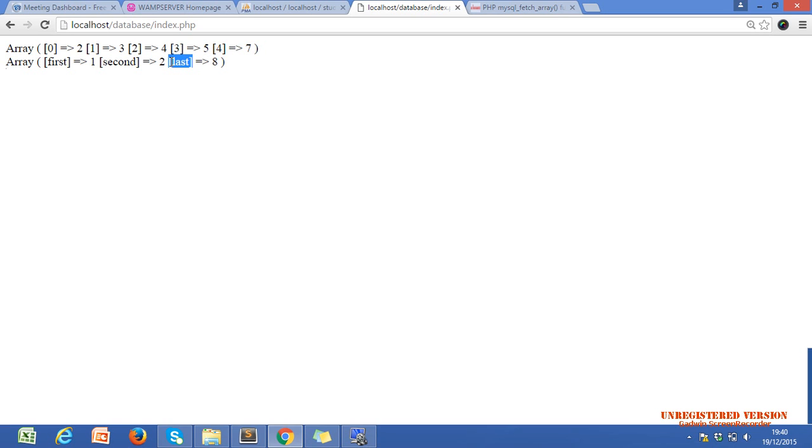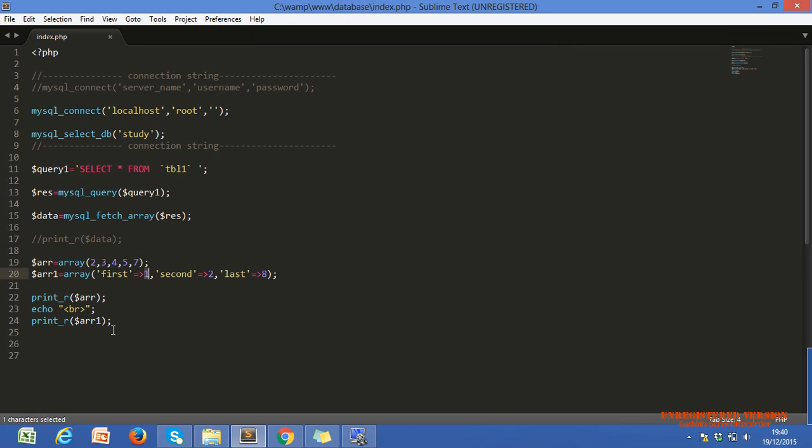Let's print the values of our array one by one. Now I just want to print this 2 of $arr1. Got the requirement, Rakhi? $arr1 is our associative array type.